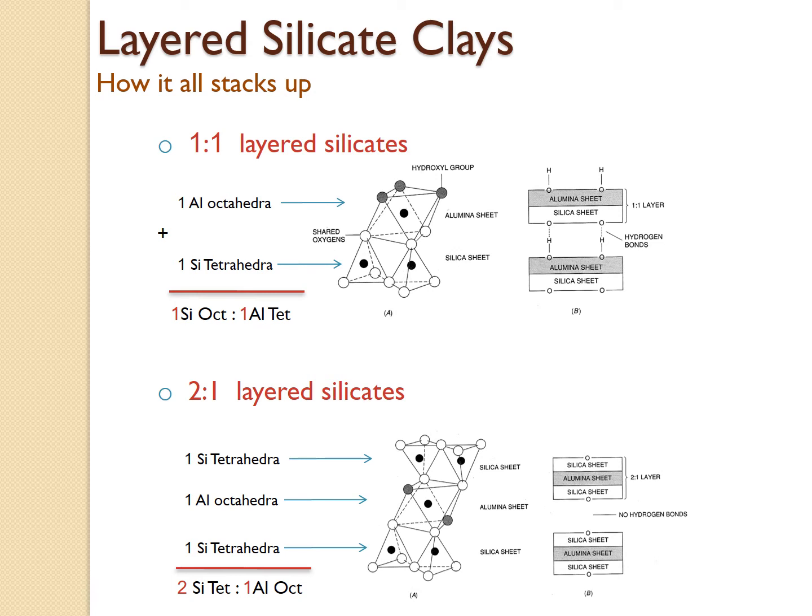A 2-to-1 layered silicate has two tetrahedral sheets with an octahedral sheet in the middle. It's like a peanut butter and jelly sandwich. The bread would be the tetrahedral sheets with the silica, and the peanut butter and jelly would be the aluminum sheet in the middle. So these are our two generally common types of crystalline structures: one-to-one layered silicates and two-to-one layered